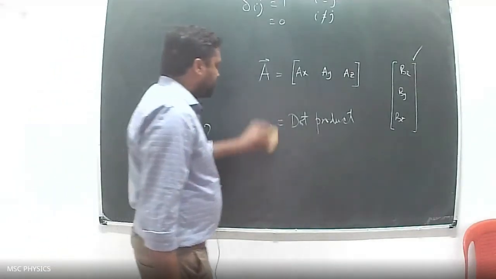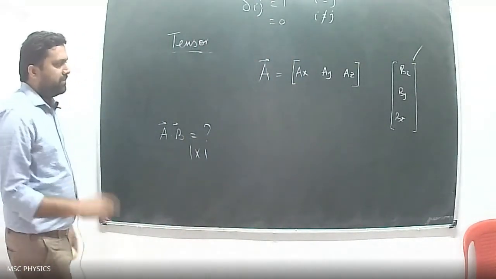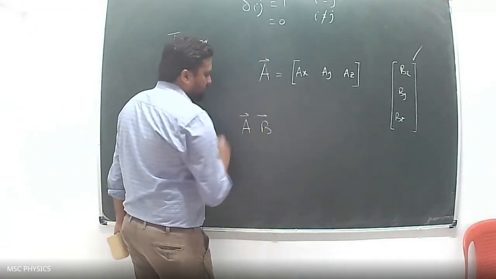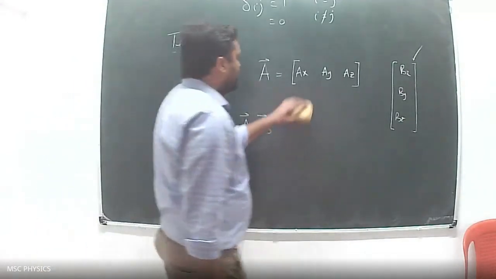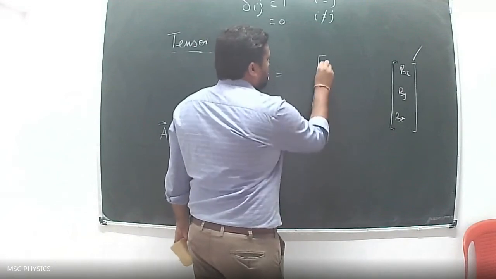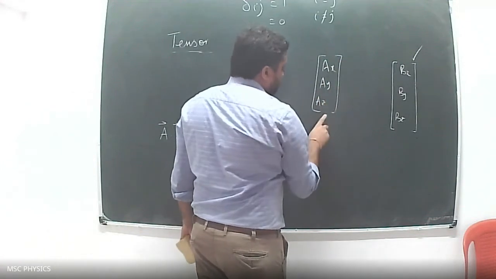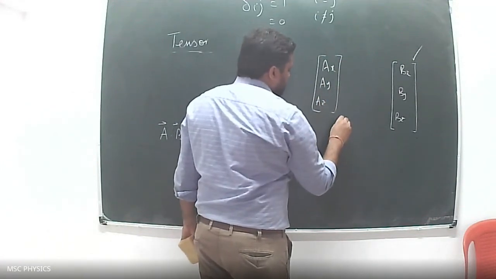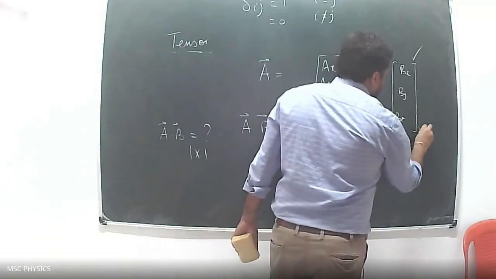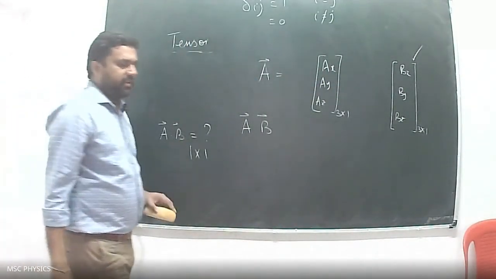Similarly, what about the multiplication of two matrices simply? Simple multiplication, A and B. A into B. So that means this is Ax, Ay, Az. So what is the dimension of this? 3 by 1. And this is also 3 by 1. So you cannot definitely multiply them directly, but you can also multiply them in such a way to get the